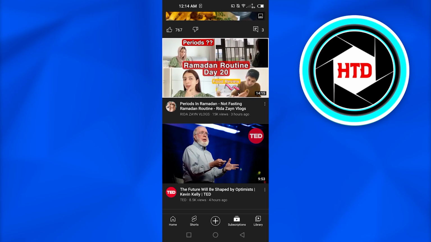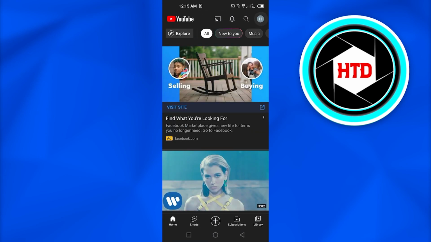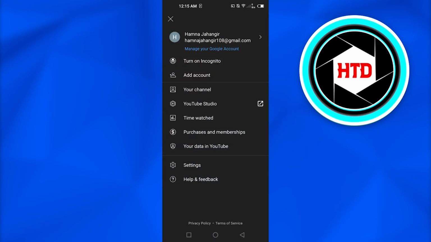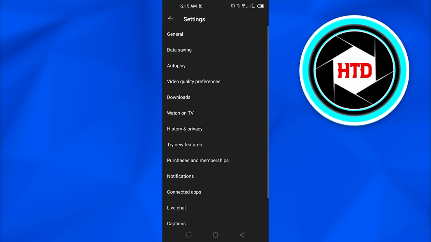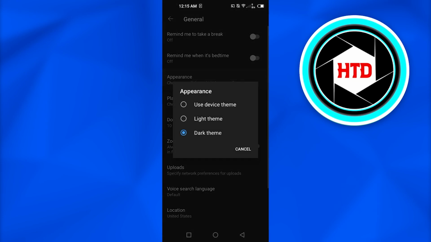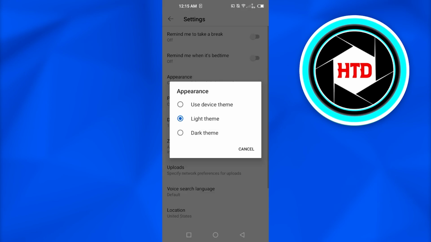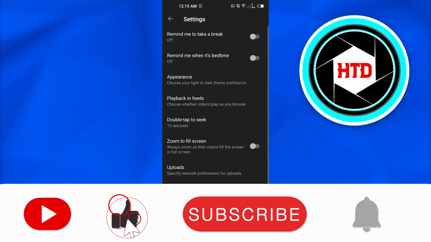So what you have to do is you will simply open up your YouTube, go to your home, and in your home you will simply go to your profile right here. And in profile, you simply have to go to settings. When you go to settings, then you can simply go to general, and in general, you will find the appearance option. And in appearance, we can go for light theme, dark theme, or use device theme. Let's say that your YouTube is in light theme. You can simply go ahead and change it to dark theme, and you will be able to enable the dark